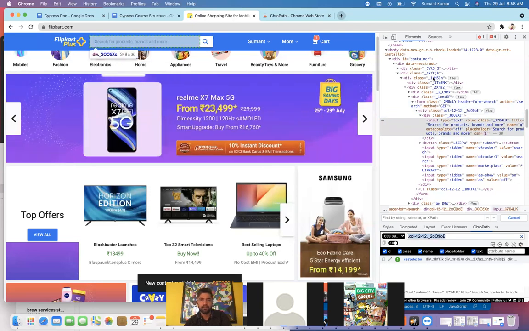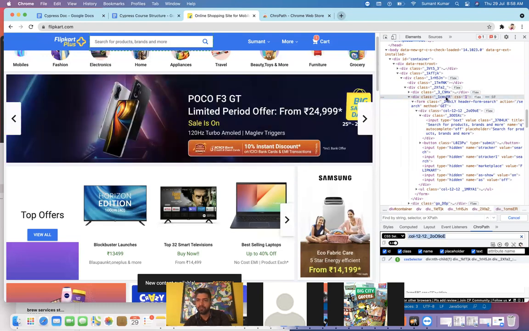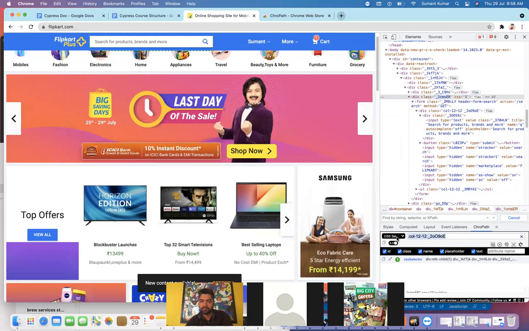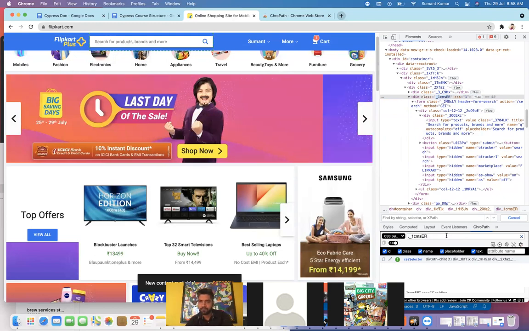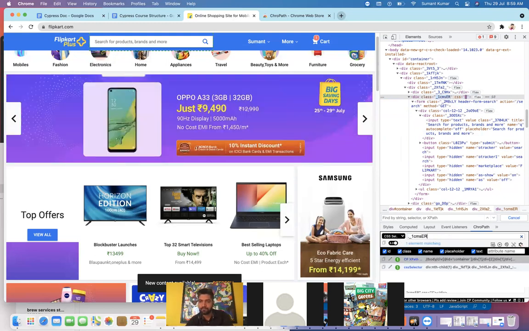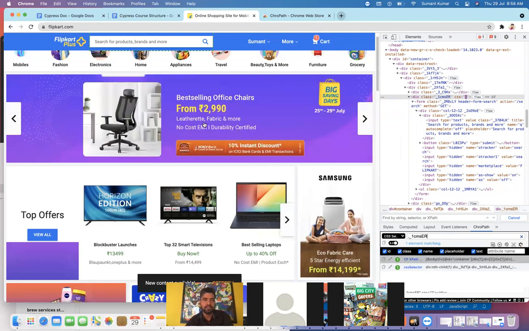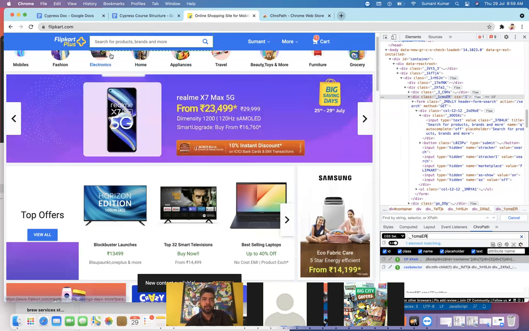Let's see div here. Then you can have better clarity on what I want to say. You can see it's highlighting the outer box, correct? Now I want to go from here to inside.